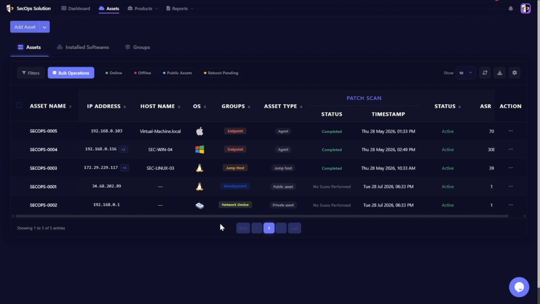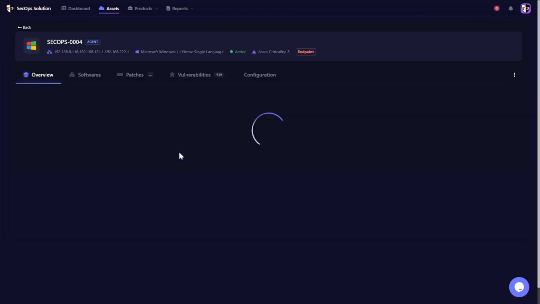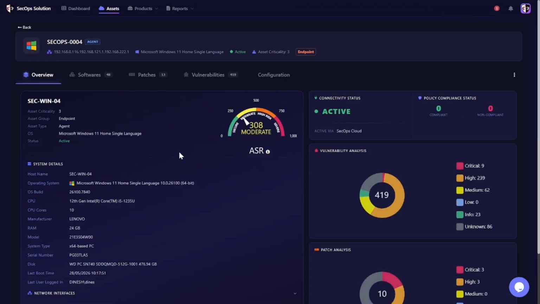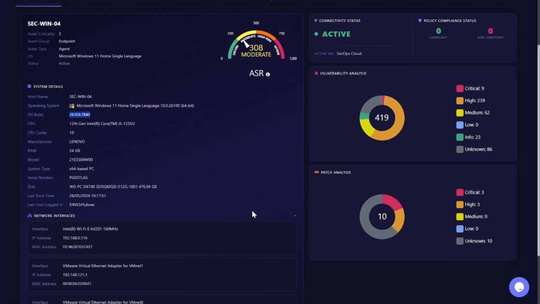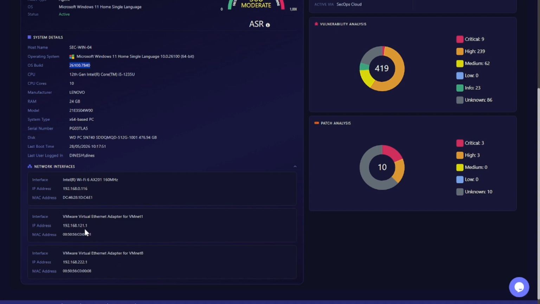So yeah. Now, for any of these devices that are onboarded over here, if you want to get further more details, you can just simply click over here, and you can get further more details regarding this particular device that I've selected. So the overview section will basically give you an overview for that specific device, and system details including the host name, operating system, OS build, CPU, RAM, disk, further details regarding your device, the network interfaces configured, IPs associated with those interfaces,